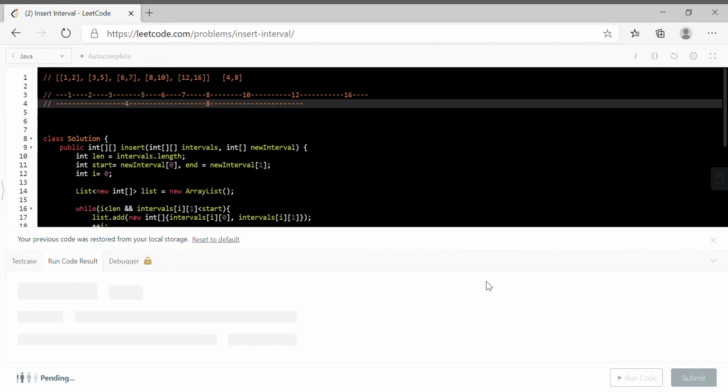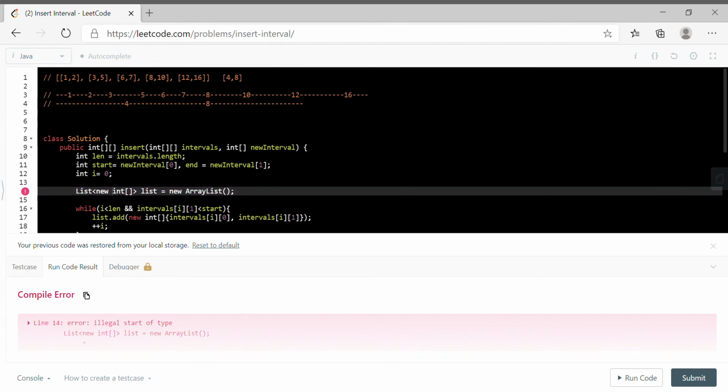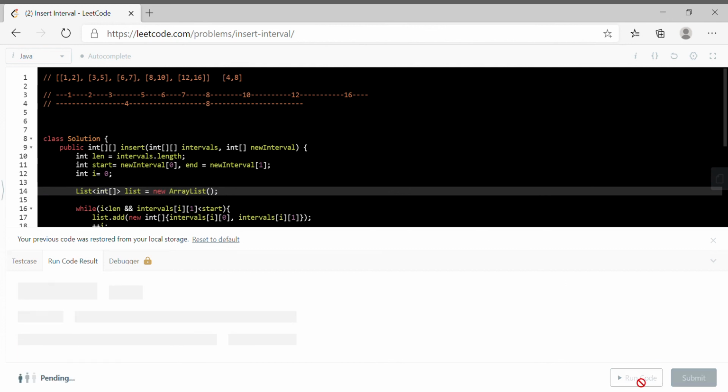Okay, so now we'll run it, right? New, what is the mistake? New int list, new ArrayList. Sorry, we are not passing an object, we are just telling what will be the type that we are going to store.